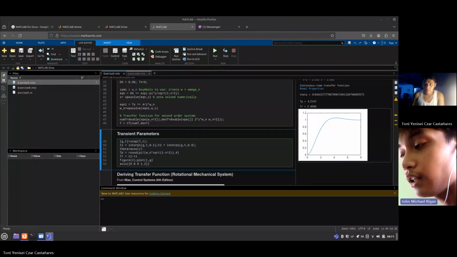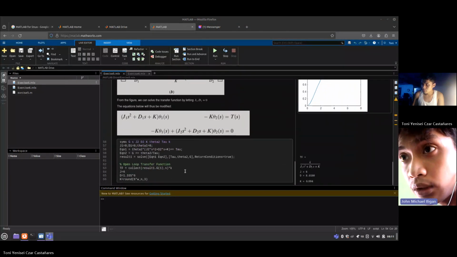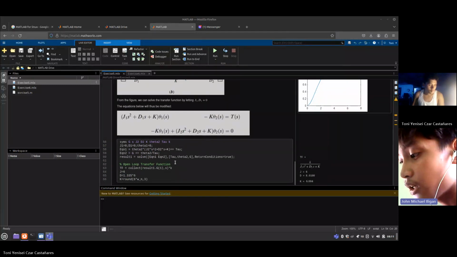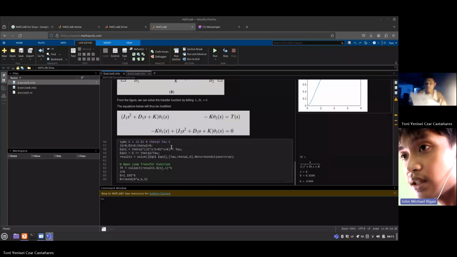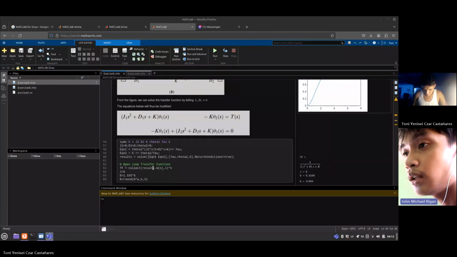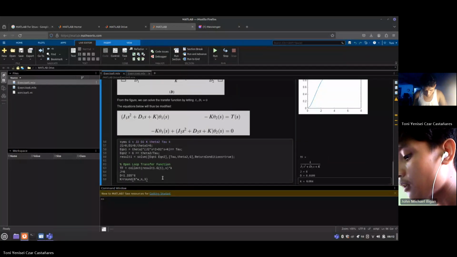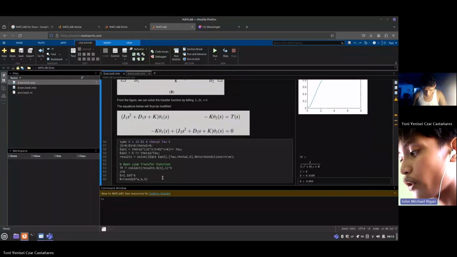Okay, so for the lab manual, to summarize this, the first is the letter J, and what we get is J is equal to 6. D is 1.335 times 6, which is equal to 8. Then K is equal to the different seat numbers with your pair. My seat number is 16 and my partner's is 10, so K is equal to 6. Then the rise time is equal to 2.0560. Then the peak time is equal to 4.2143. And the settling time is equal to 6, which is the sum of the last digits of the pair numbers.